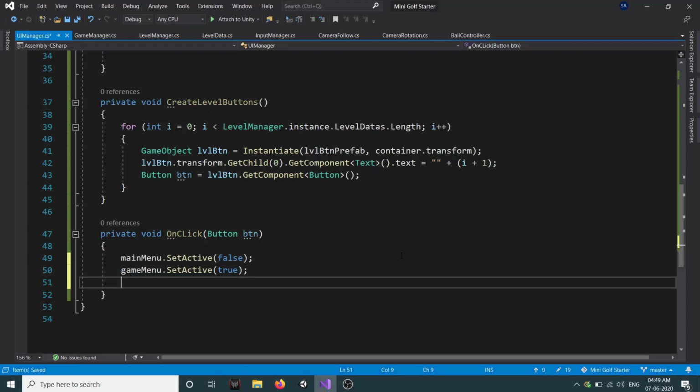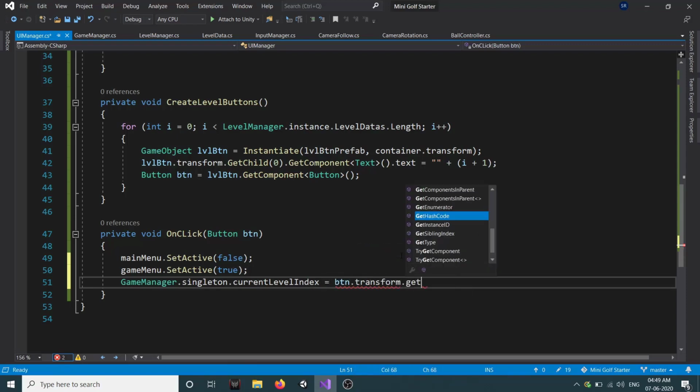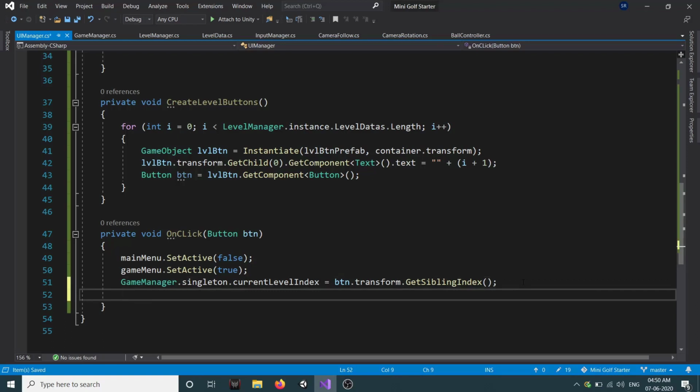Then we need to set our game manager's current index. So GameManager.singleton.currentLevelIndex is equal to button.transform.GetSiblingIndex. Sibling index is nothing but the child index of that object. I will show it once we populate our level buttons. Next we need to spawn our level.